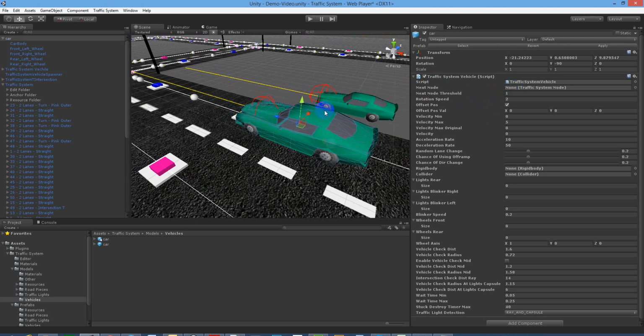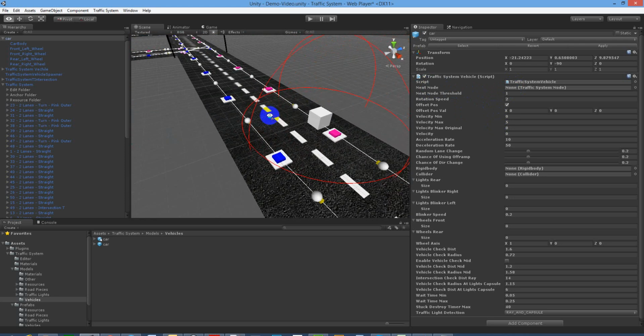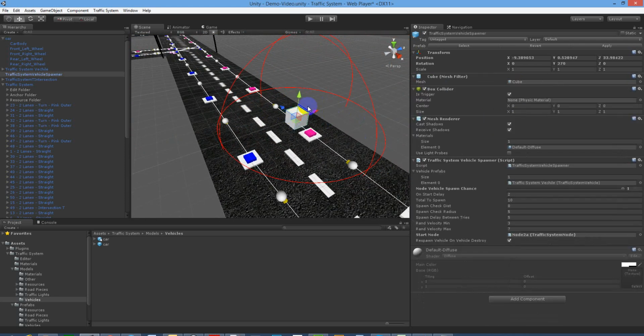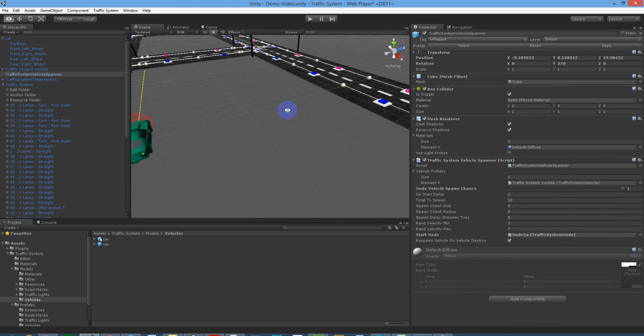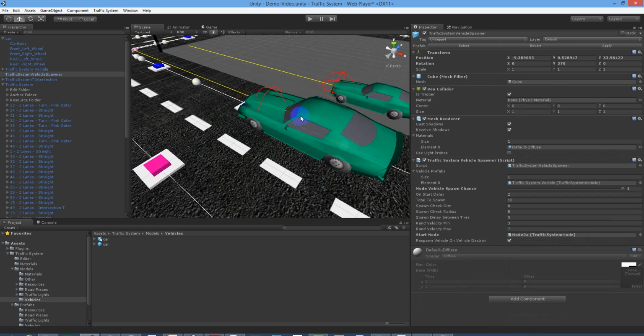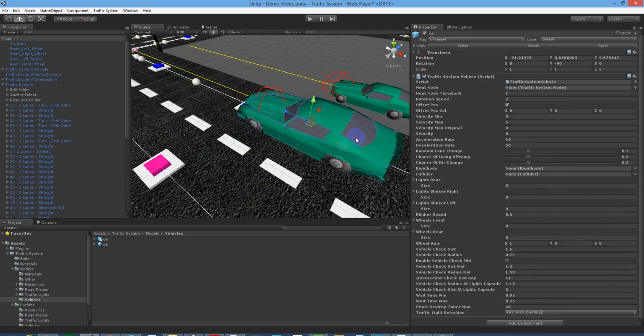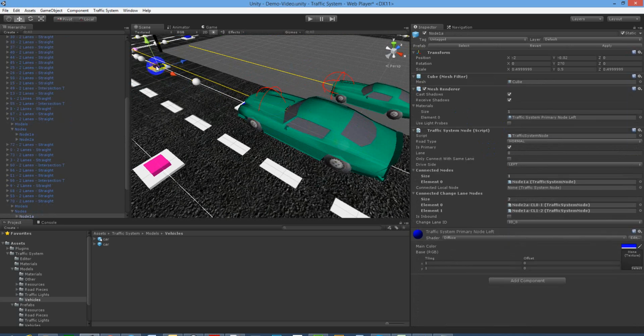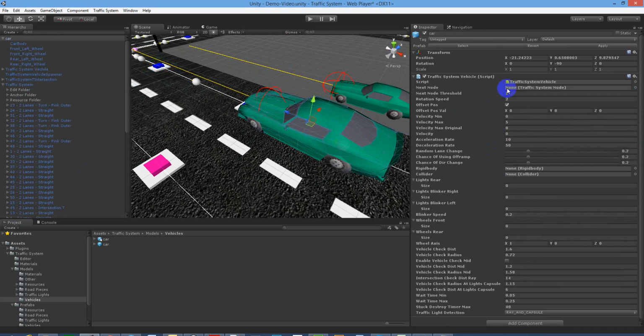The spawners that we discussed previously in videos, these set the next node automatically when the car spawns. Otherwise you can set it manually yourself. Just grab a node, drop it into the next node section, and the car will first go to that node